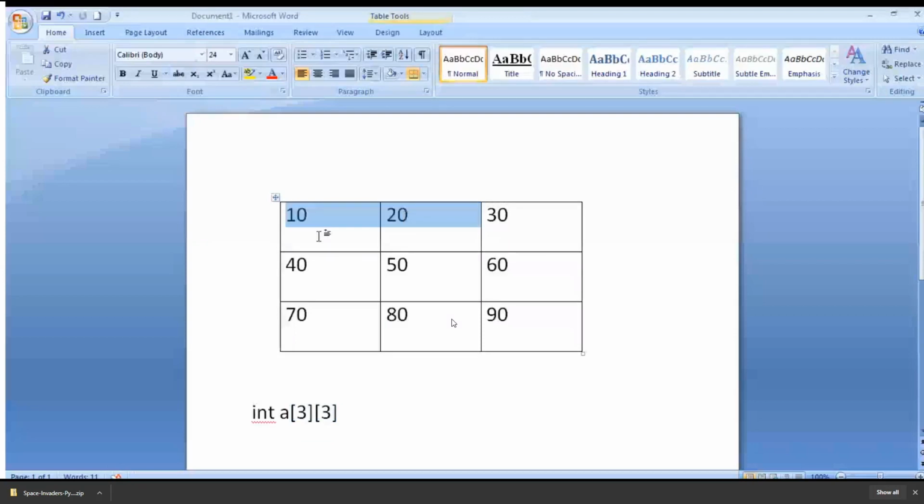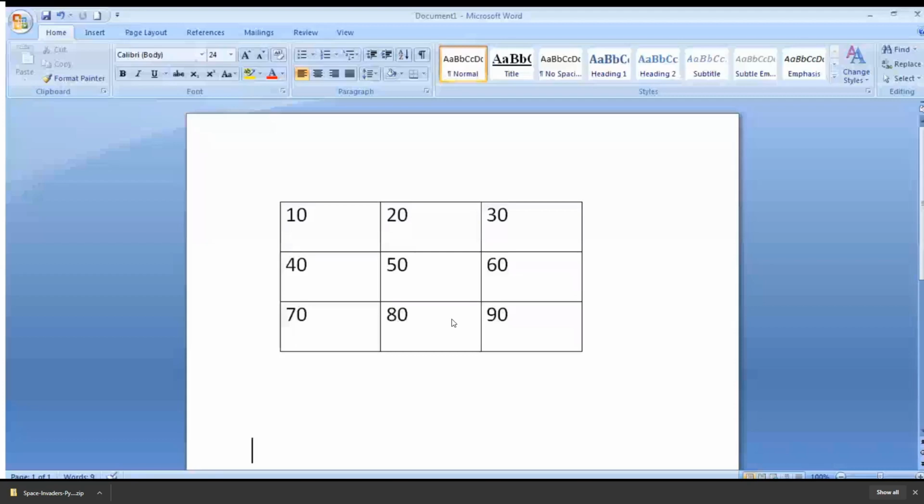Now, what is the meaning of sparse matrix? Sparse matrix is the matrix in which, listen carefully, most of the elements are 0. By contrast, if most of the elements are non-zero, then such a matrix is called a dense matrix. Sparse, and the second one is called dense. Now, what is the difference?